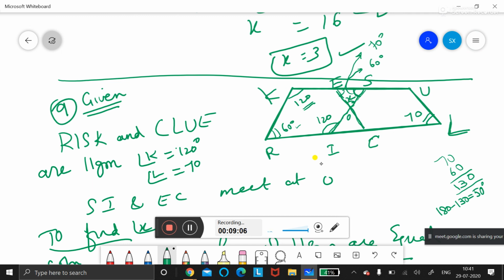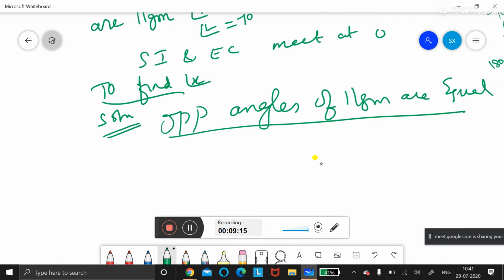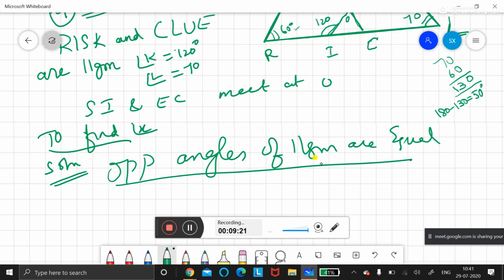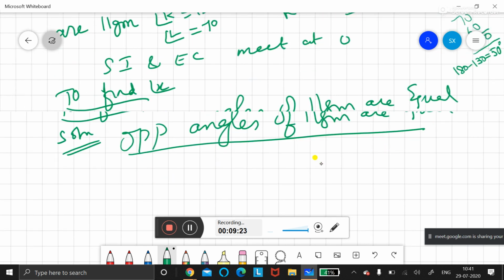One is 70, one is 60. So this is angle sum. This is another triangle again. Angle sum property will be used. So many properties we are using. It is a 4 mark question, children. It will come in 5 mark. 5 mark is not there, so 4 mark it will come. So we are using all the properties. First, opposite angles of a parallelogram are equal. So start with the first.